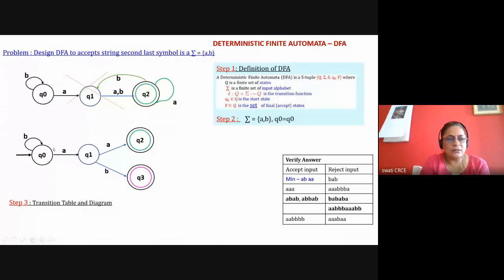The first state Q0 is over. Now in Q1 both the transitions are there, so I'm drawing Q2. With B it will now go to the final state. Okay, so I can draw it here like this. Now in Q2, if there is any A, it will remain in Q2. Correct? It will remain in Q2.